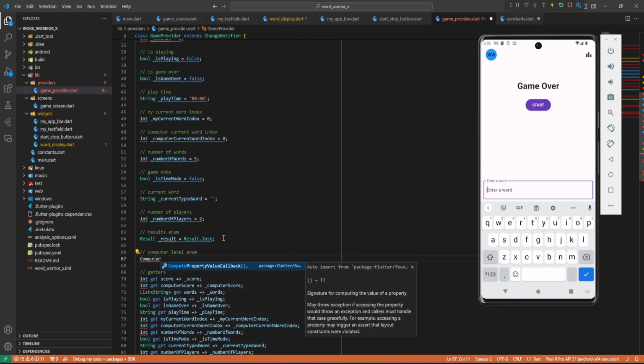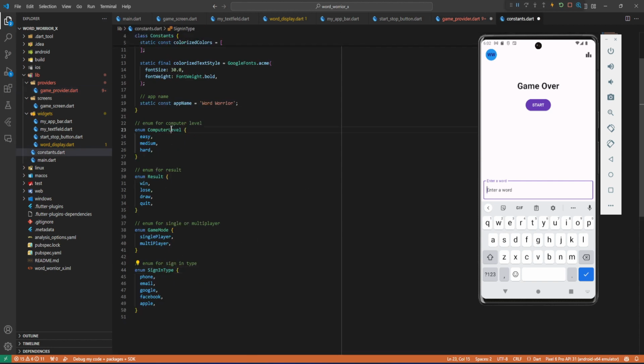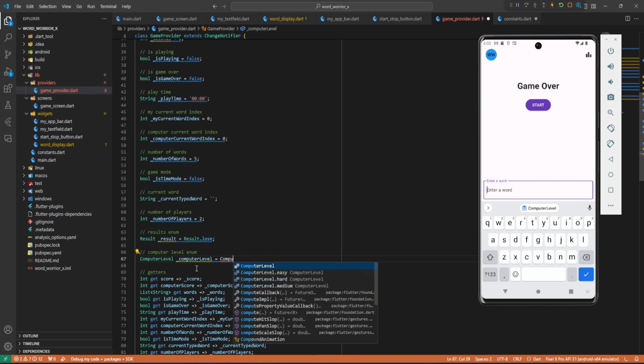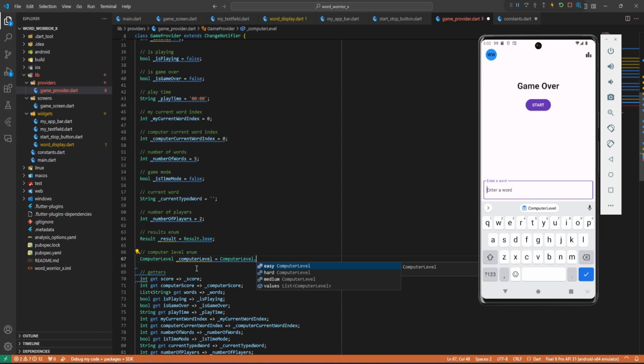This one is going to be computer level. What did we name that? Let's go back to the constant. I'm just gonna copy that, come back here, and then paste it here. So this is going to be computer level, which is going to be initialized to easy. Computer level dot easy, like that. And then next one,